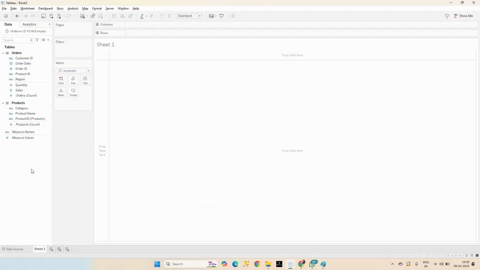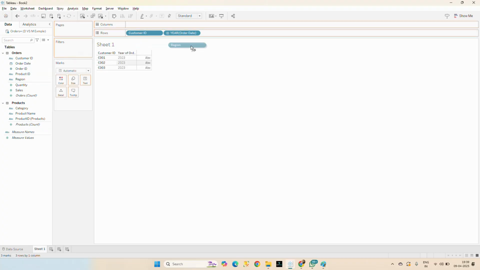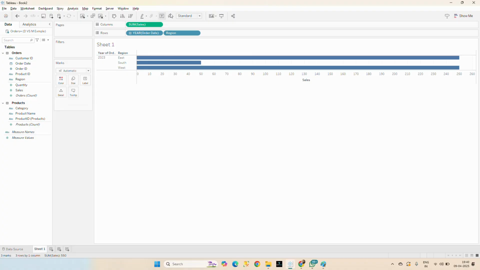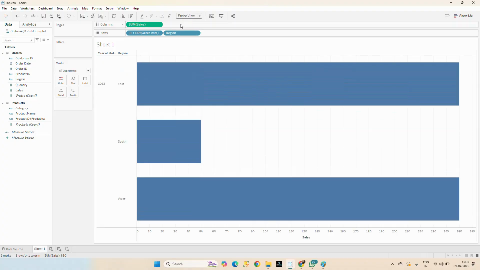Okay. See, now customer ID. What I told you, this is blue color, so customer ID is a dimension. We also have order date, and this is also a dimension. Product ID, region. Which region? 2023 East, South and West region. How much sales it is? Sales. If you check,